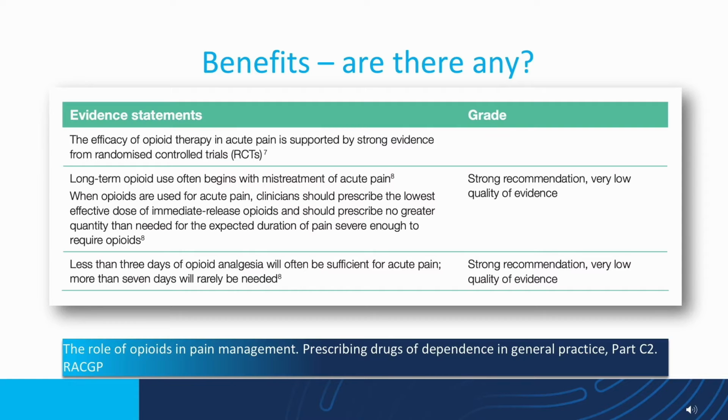So, are there any benefits to the use of opioids? Well, yes, opioids can and should be used in acute pain. Opioids can and should be used in cancer pain or palliative care. One of the issues, and again GPs that I talk to a lot say to me, is that when opioids are used to treat acute pain, the opioid therapy persists into general practice. So we should be, as a community, treating acute pain using as little opioid as possible, and using multiple other non-opioid therapies.